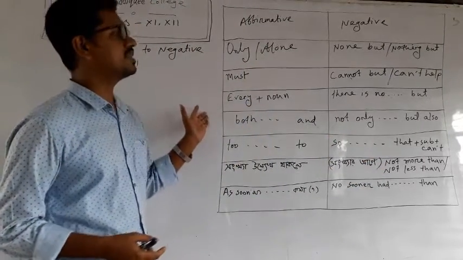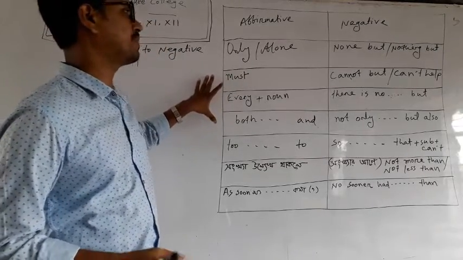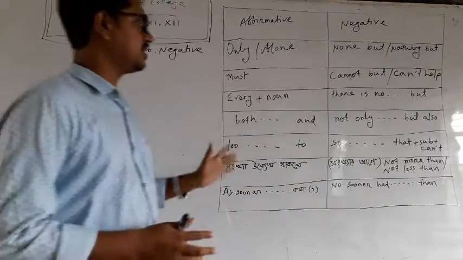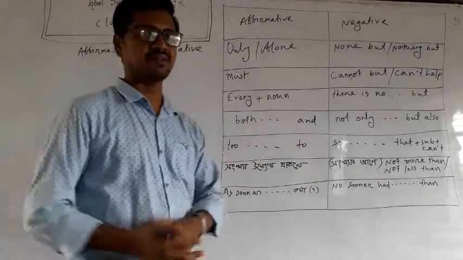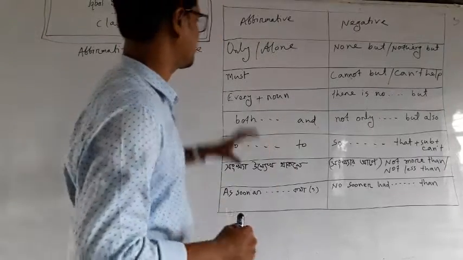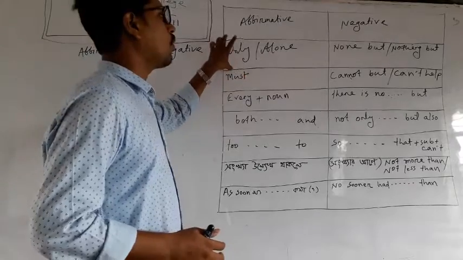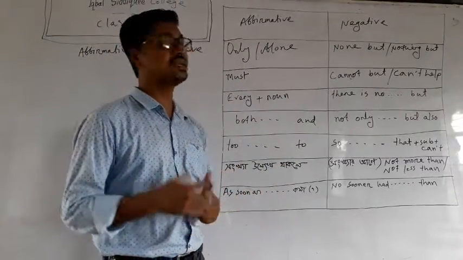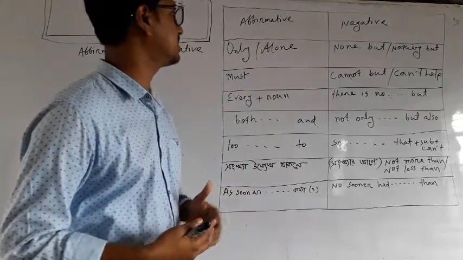So in affirmative and negative, you have to memorize this rule, this chart. It's a simple chart, you see, it's not very big. 1, 2, 3, 4, 5, 6, 7. Lucky 7. So you have to memorize only seven terms. And the term I'm going to discuss here is "only" or "alone" in the sentence that you are going to make into negative.